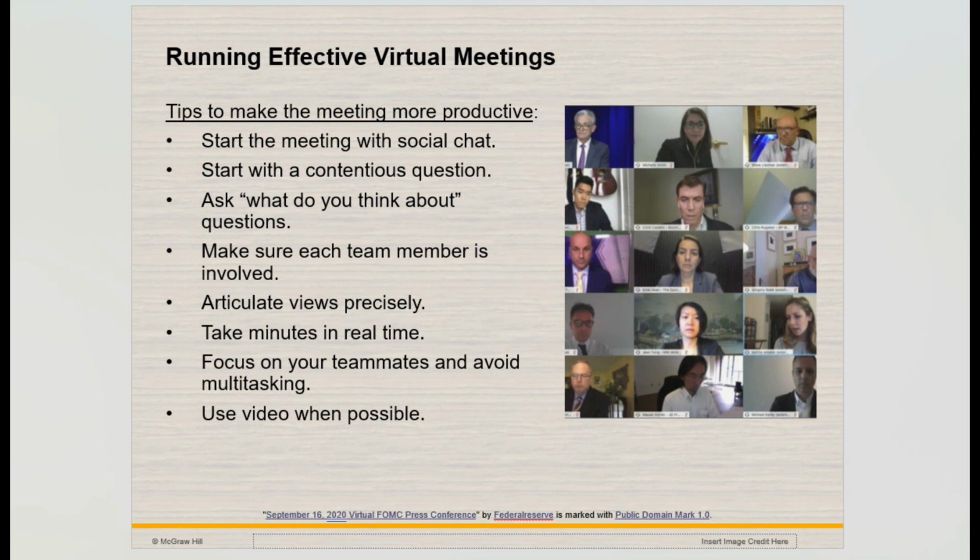If you are the lead of a virtual meeting, you might ask another member to keep an eye on the chat stream and possibly start answering chat questions as you are leading the meeting, or reserve a time near the end of the meeting so that the questions can be answered. But just monitoring the chat can be tasked out to another team member, and use video when possible. It's really great to see faces in the virtual meetings versus just some boxes with names on them and not really knowing the attentiveness of the virtual team members. So if you can turn that camera on, this is a great time to get it on and be a part of the meeting visually.